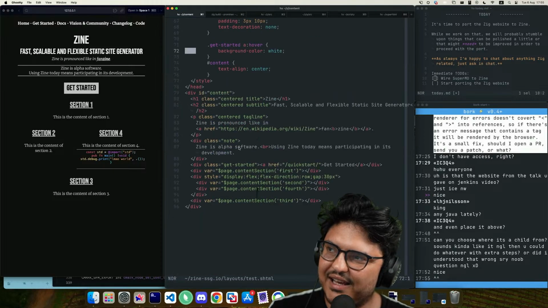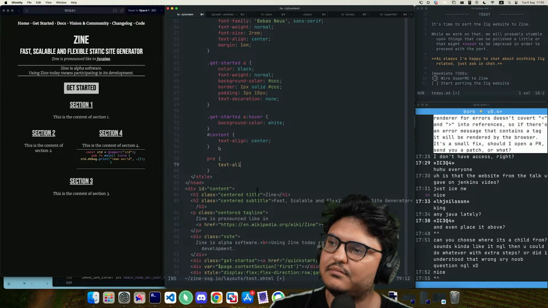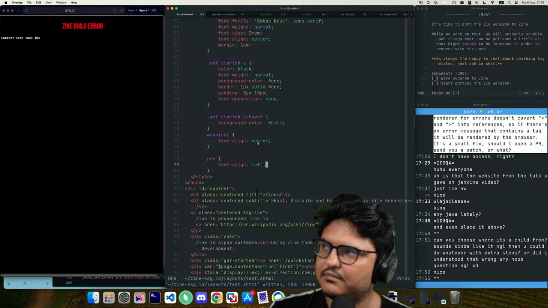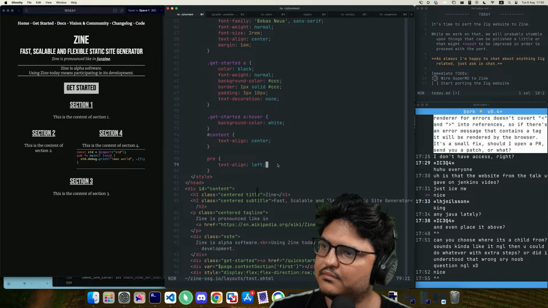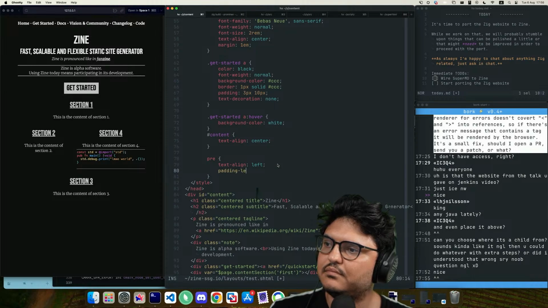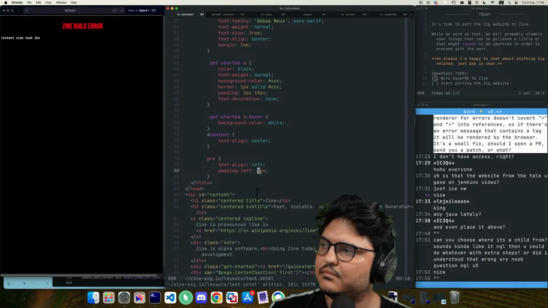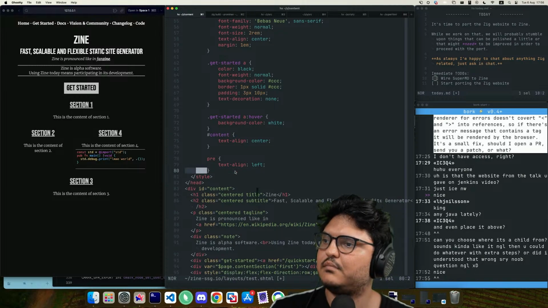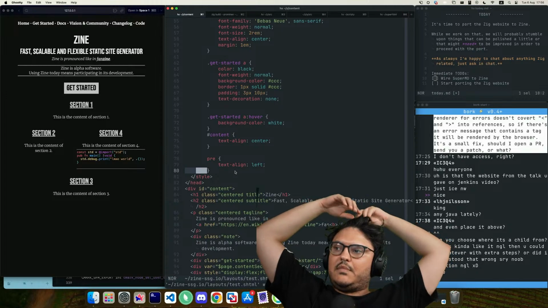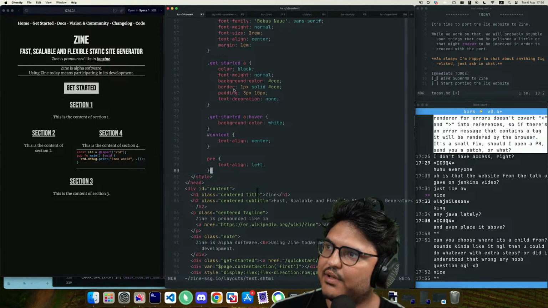Holy shit. So it works. It totally works.